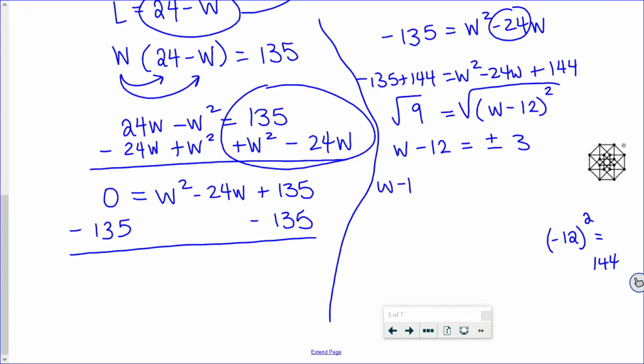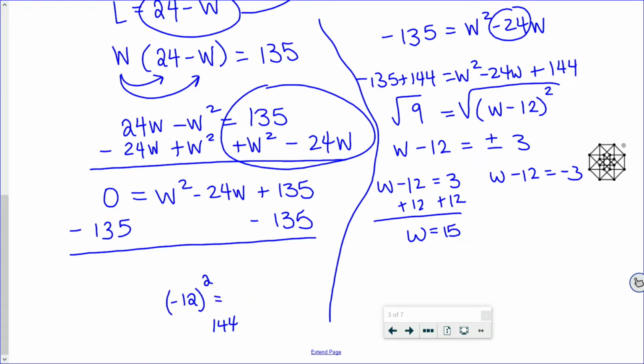So if w minus 12 is equal to 3, and w minus 12 is equal to negative 3, I can go ahead and solve. In which case, I'll get w is equal to 15. Got to move that out of the way again. Add 12 to both sides here. And I get w is equal to 9,